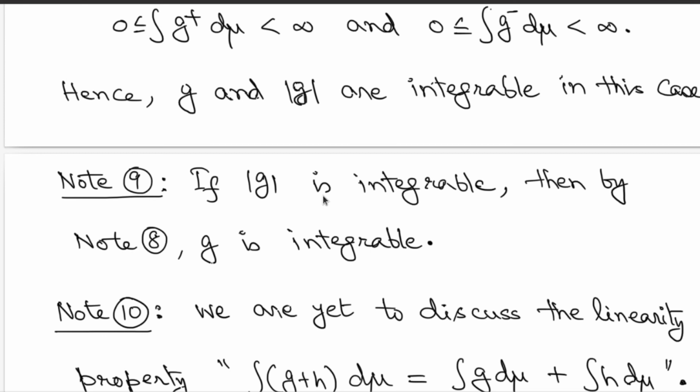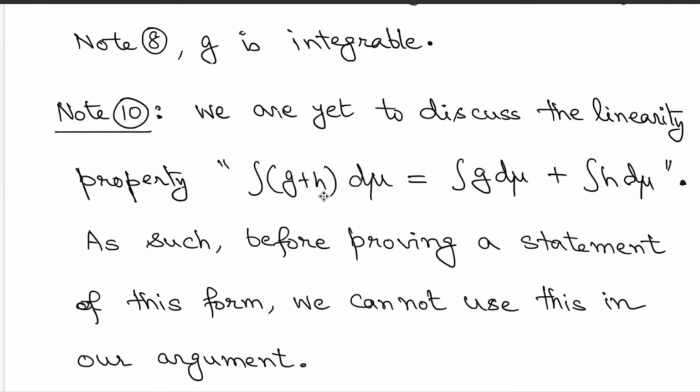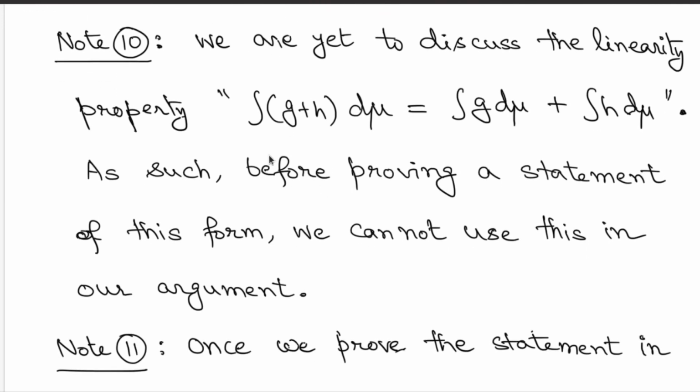That's it. Great. So in all of these results that we have discussed so far, we have discussed scalar multiplication and certain comparison inequalities. We are yet to discuss the linearity property of the integration. By that I mean that we would like to say that the integration of g plus h is the addition of the separate integrations of g and h. But the problem is, as long as you do not prove this, you cannot use it in your argument. So in all these arguments, until we prove linearity, we have to be very careful, we cannot use linearity. Okay, so this is a caution that you should be taking care of.